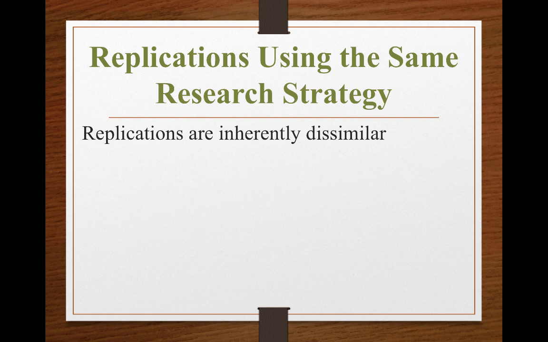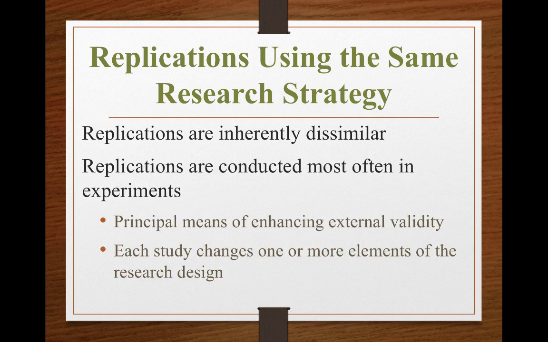But when it comes to social science research, most of it is not focused on simply replication. A lot of it is really looking at differences in these things. So unless you're talking about experimental research methods, replications are typically inherently dissimilar. You have a different person maybe taking a different approach or looking at different variables. That can really affect the similarities between replications and research, even when you're using the same research strategy. So oftentimes when you're looking at replications that are using the same strategy, this is just